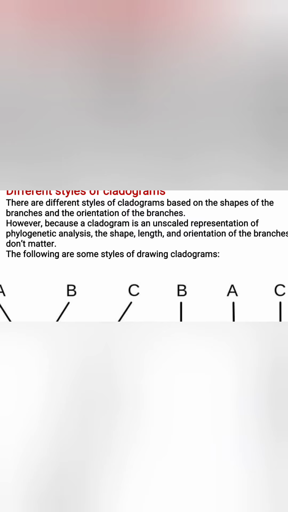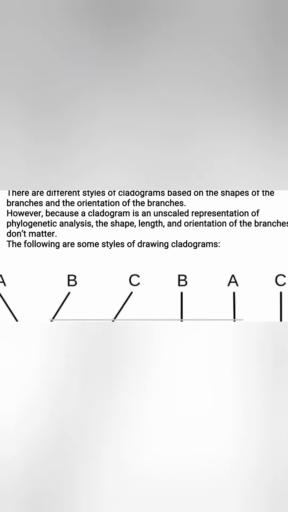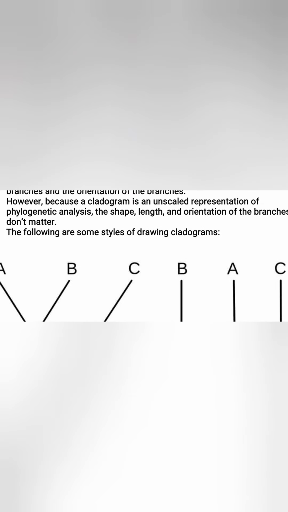if you have to prepare an evolutionary history at present, then you have to presume the characters of the past. So you cannot have very fixed or definite scales for the representation. So there may be some deviation or variation in the shape, length and orientation of the branches. So it doesn't matter if there are changes for the same type of cladogram.